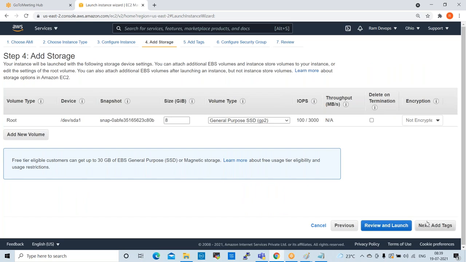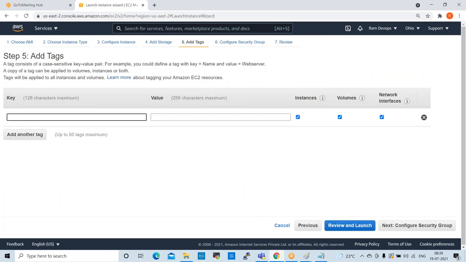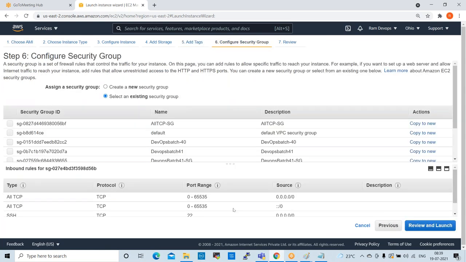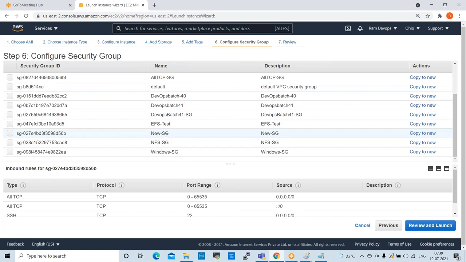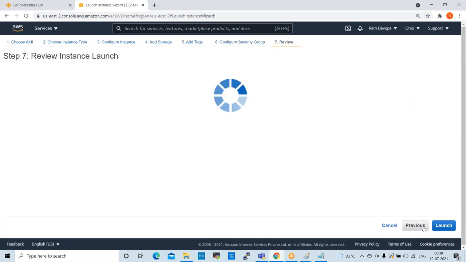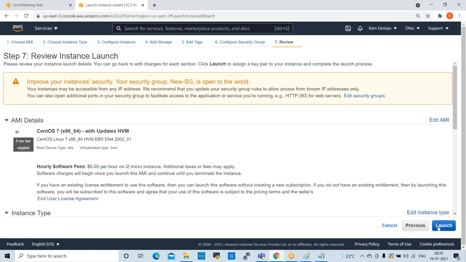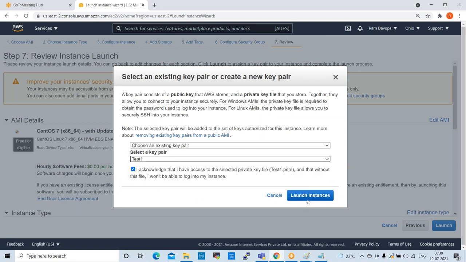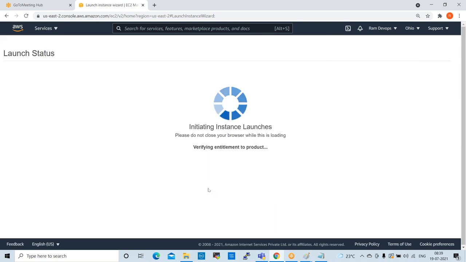Add storage, add tags, add name. No, we can change that node to once create this. Select, prepare, review and launch instance, launch instance.